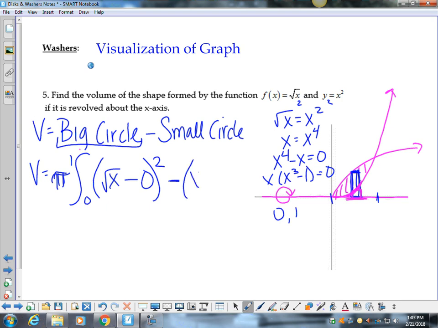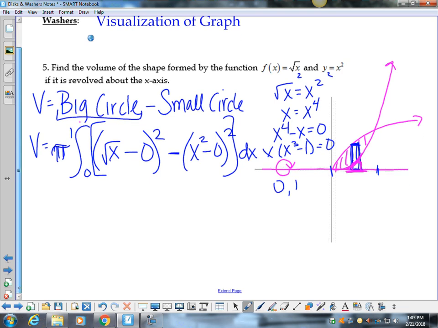So x squared minus 0 squared. Then I have to put this in big parentheses with a dx. And just a note, when we go horizontal, everything's going to be in terms of y, and it's going to be a dy. So volume equals pi